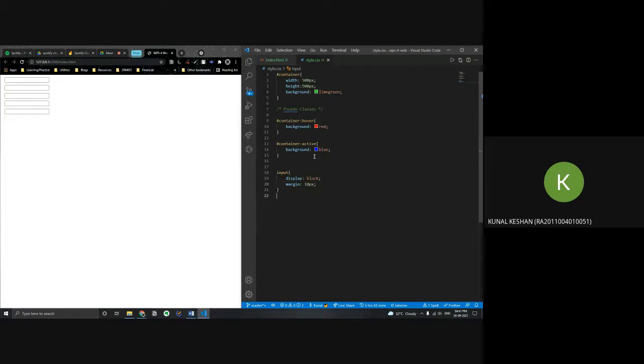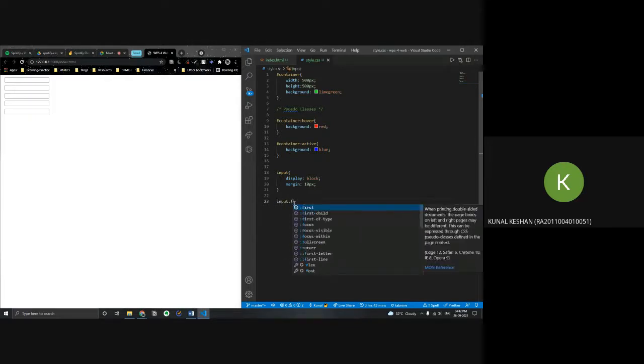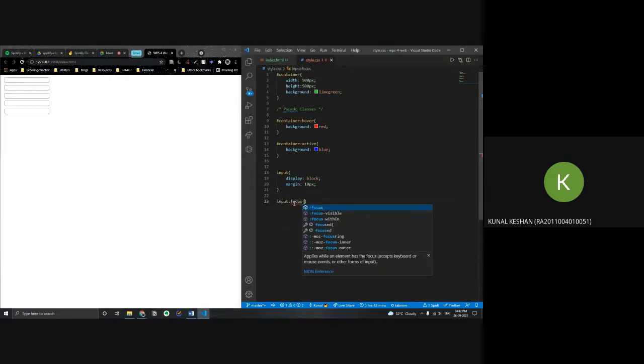Now one interesting thing you can do is when you go to a form submission in any website and you click on it, you can see it gets highlighted, right? This highlight is called the focus state of that particular element. So now when you click on tab, you see it keeps shifting around the input fields over here. So you can use a pseudo class called focus. I'll just put input colon focus over here. You can style what type of focus state it will have.